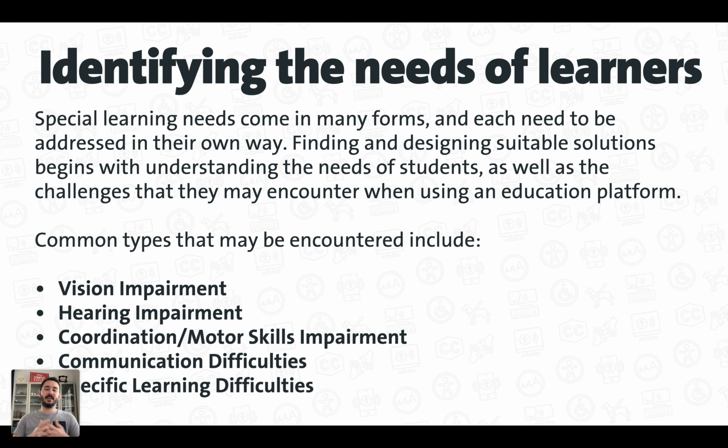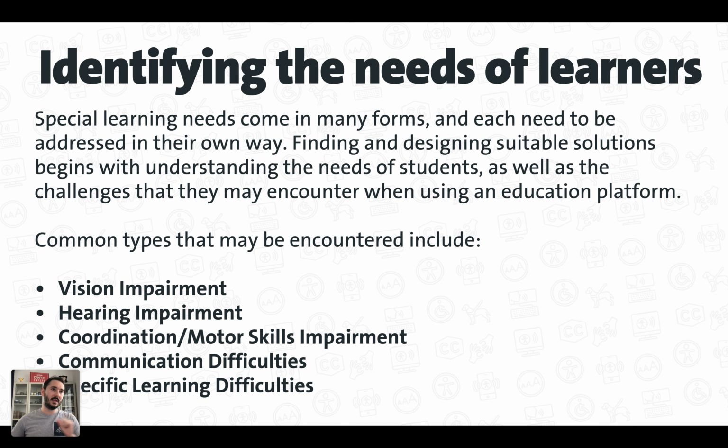Special learning needs come in many forms, right? We've seen a lot of these different kinds of impairments. In finding and designing suitable solutions, it is the first step to understand the needs of the students, and of course, when using an education platform. The common types that may be encountered can be visual impairment, hearing impairment, coordination or motor skills impairment, communication difficulties,